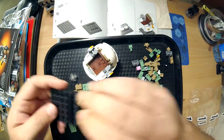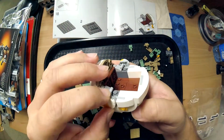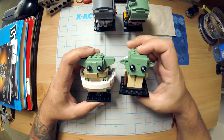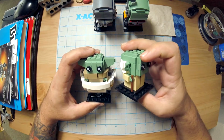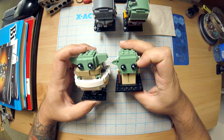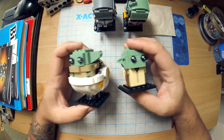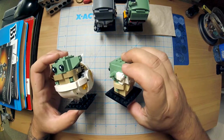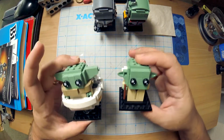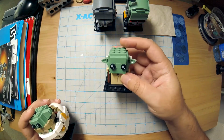So I wanted to compare the Yoda and the Child, and also compare the Mandalorian and Boba Fett, because they're similar. This weird three-stud wide face looks awkward to me because I'm used to BrickHeadz, so this is weird. But it works with a 2-stud high head like the Child on the left. The Yoda one looks really bizarre. I guess it's too square. He looks really good from the side, but straight on he looks odd. But the Child doesn't, and their proportions are only 1 stud off. I guess because his quote-unquote mouth is covered by his little coat,